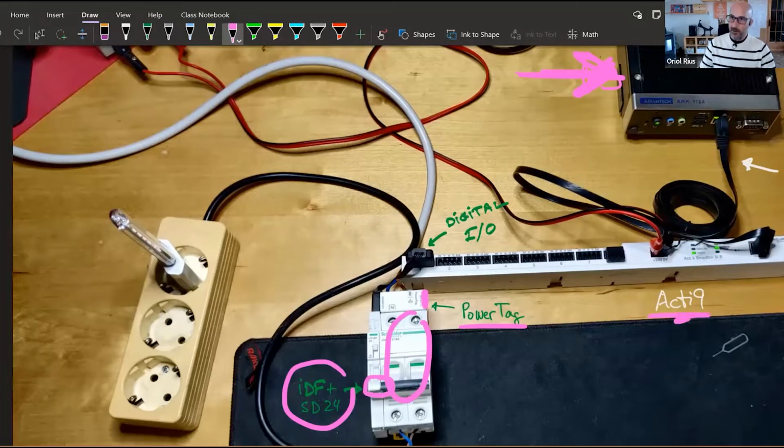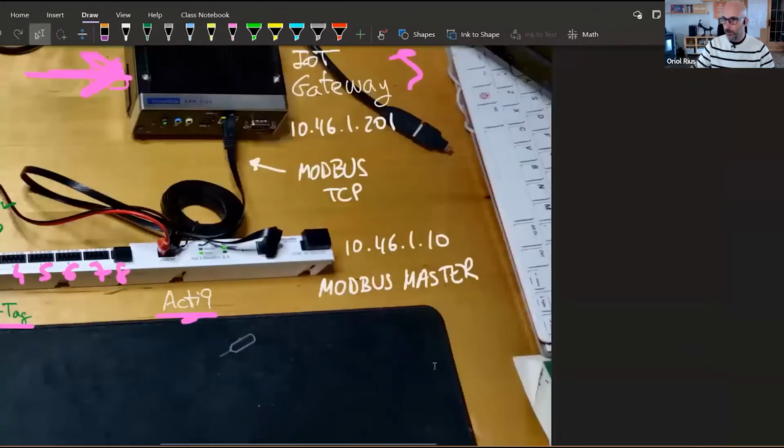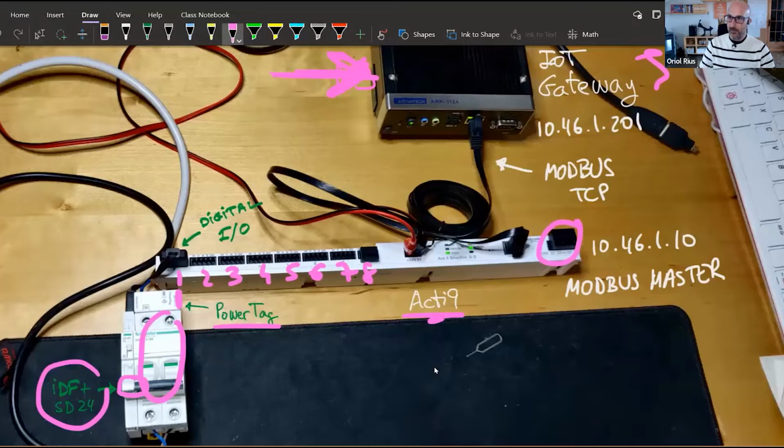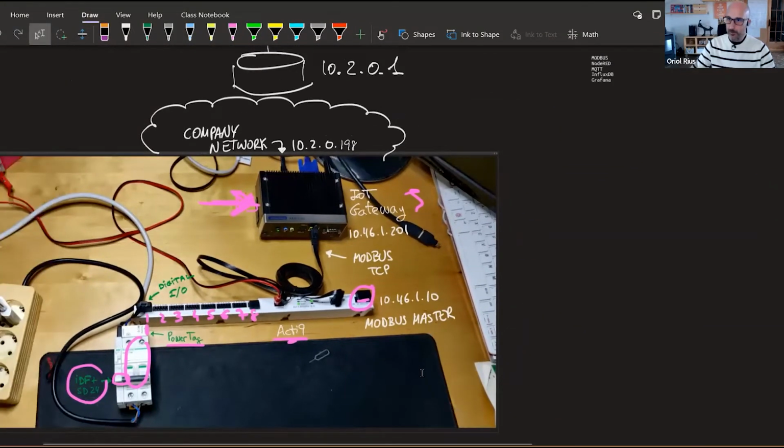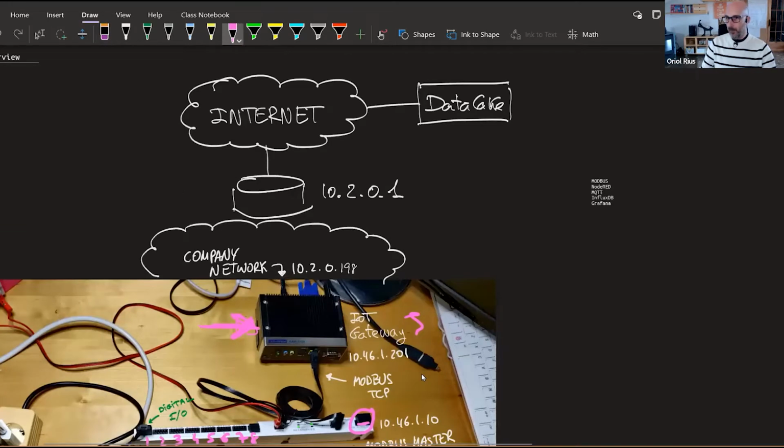That Acti9 device from Schneider has 8 digital inputs and outputs. Apart from that, it has the possibility to use different Modbus TCP slaves that can be connected here. At the end of the day, it is something that can be installed next to your electrical parts for monitoring your electrical systems. And thanks to that, you can monitor the status of your electrical systems using Modbus. This gateway, from one side, is connected to the company through this Ethernet connection. I'm spending a lot of time explaining something very simple, but I have to emphasize something before jumping